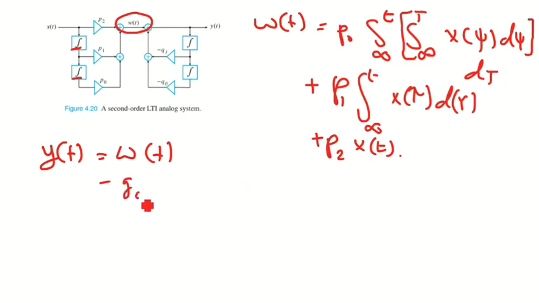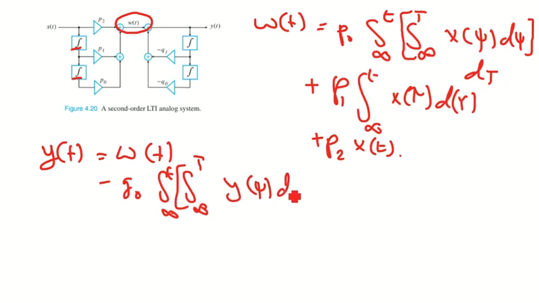Minus Q0 double integral, as we did before, but this time the function is y, and you have the same limits. We have y of psi, dummy variable psi, d psi,